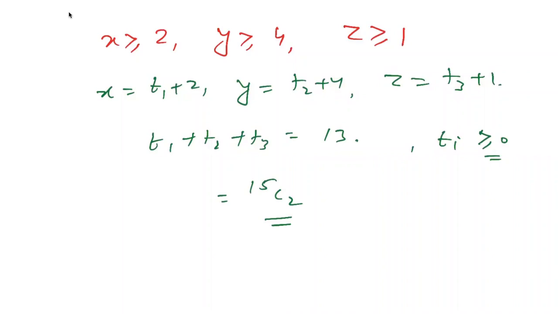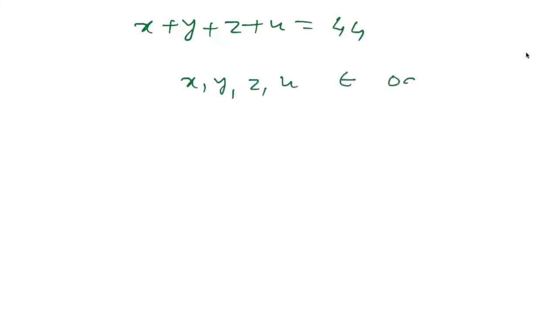Right. So how to reduce it down, right? For whole numbers, that is the case only. And if we know how to reduce down for this, then again we can go for that. So if I'm asking, x plus y plus z plus u is equal to 44, where x, y, z and u belong to odd integers